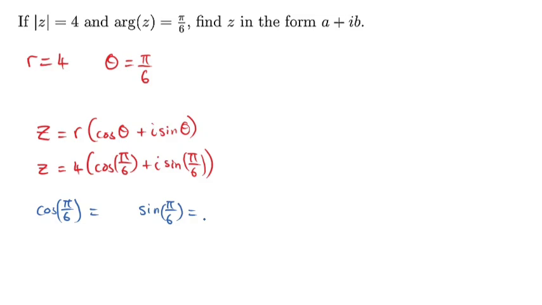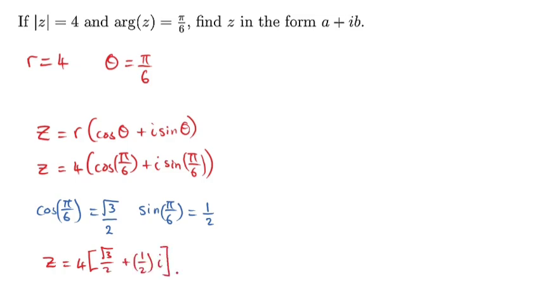So, sine 30 is half. And cos 30 is root 3 over 2. So if that's the case, let's substitute. This means that z is equal to 4, open bracket, root 3 over 2, plus half